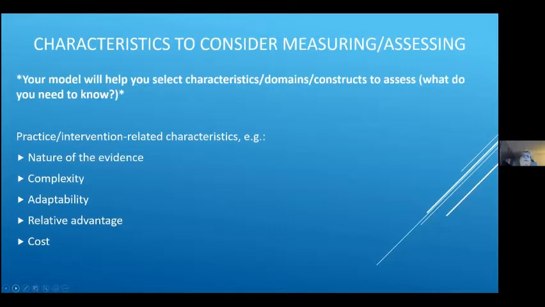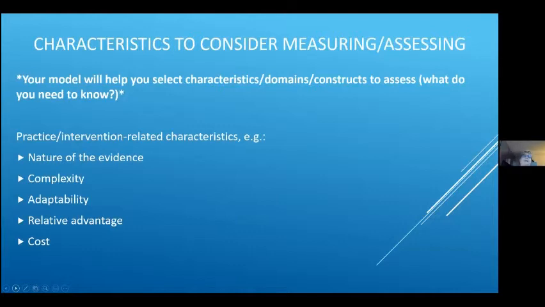So for example, people often use the Consolidated Framework for Implementation Research that has 5 domains, multiple constructs in each of those domains. And it really helps you to think about what are the intervention-related characteristics that I'm going to study. So maybe I'm going to look at things like how much evidence there is for that intervention,